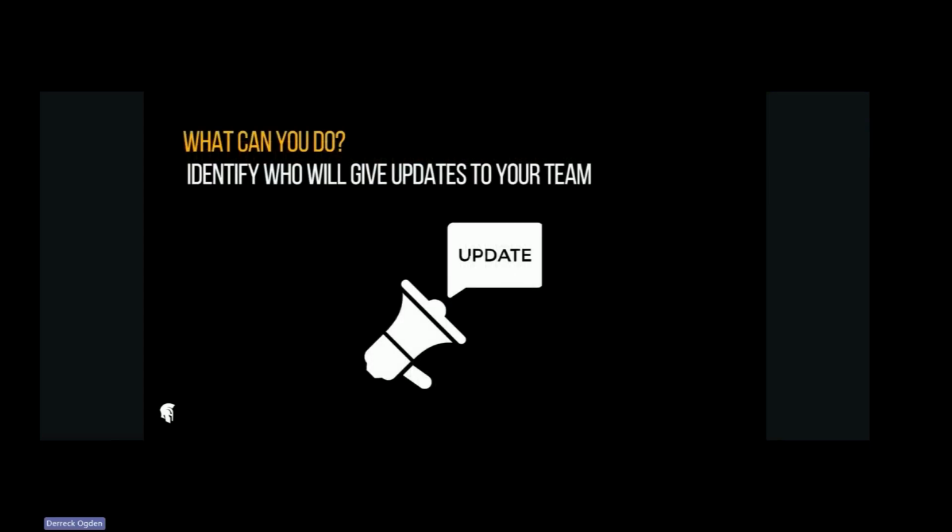Make sure that your team knows who is going to provide updates. It's going to be hard for the bad guys to figure out who on your team is responsible for what. And if you kind of shuffle the deck around a little bit, and if it's your office manager, you're going to release information about new healthcare benefits or whatever to your employees. Make sure that you're kind of keeping that stuff private, right?